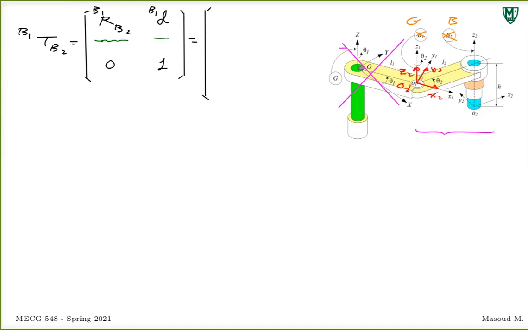We had a frame, the frame was here, now the frame is here. Now the frame is here. This is x2, y2, z2. So the question is,